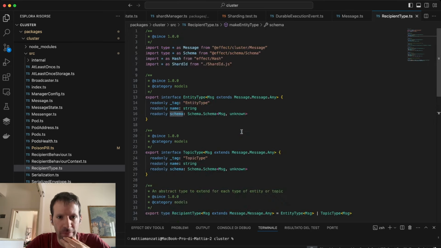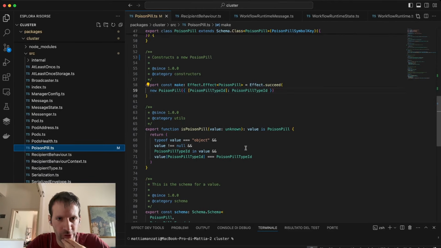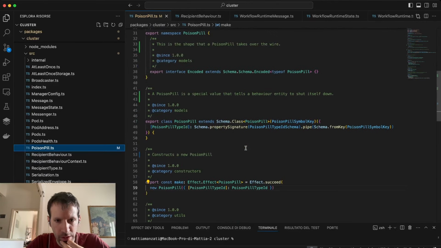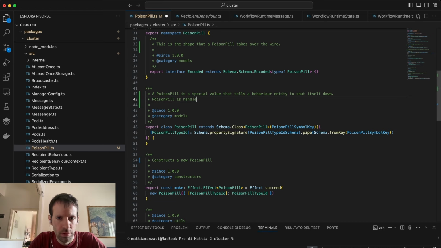Okay, so last time I probably started working over the poison pill. Maybe I should give more description what a poison pill is. So a poison pill is a special value that tells the behavior entity to shut itself down. A poison pill is handled only when you actually use